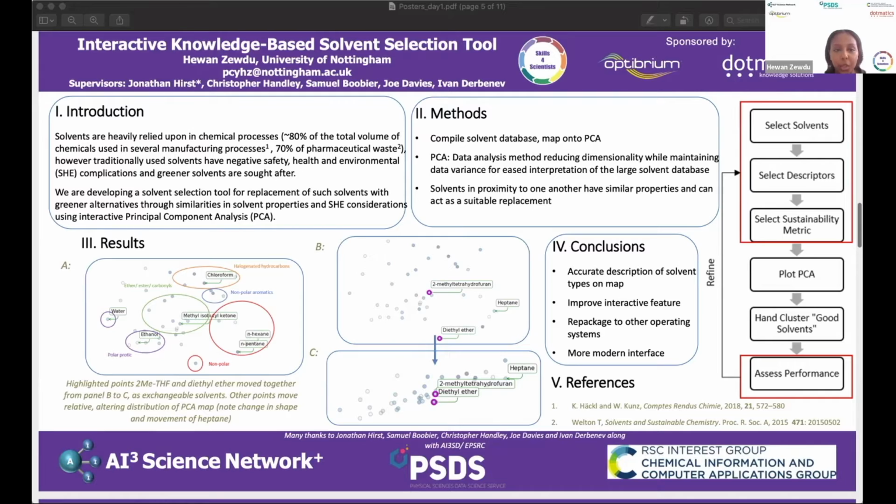However, many solvents, especially more traditionally used solvents, have negative safety, health, and environmental issues, or SHE issues. Examples of this can include issues regarding being carcinogenic, non-renewable sourcing, difficulty with disposal. The list can go on, to be honest. This being said, as solvents are so important in industry, they can't just be removed, they must be replaced with